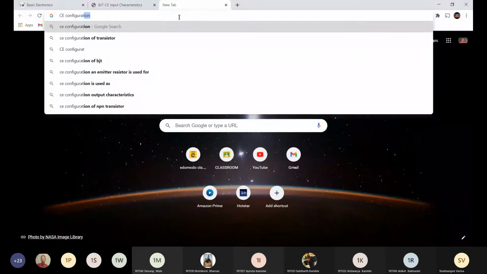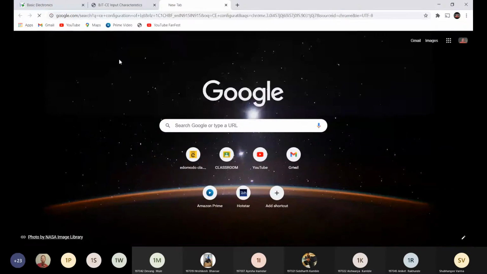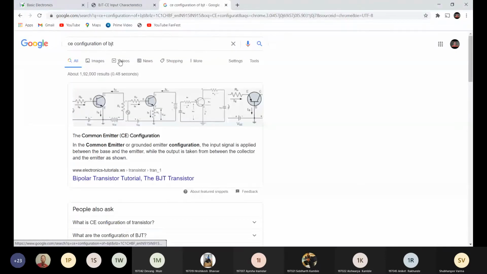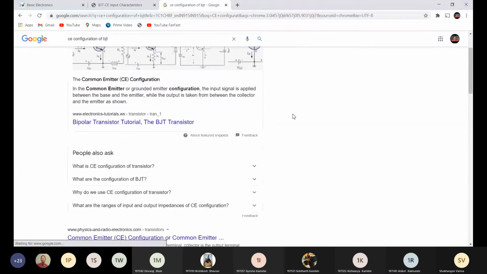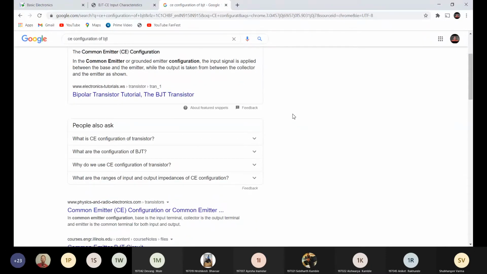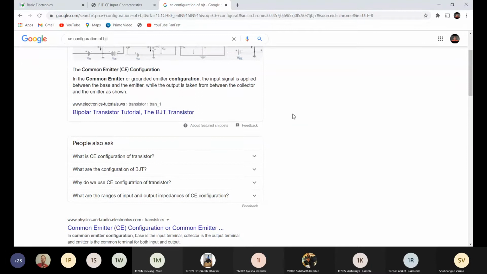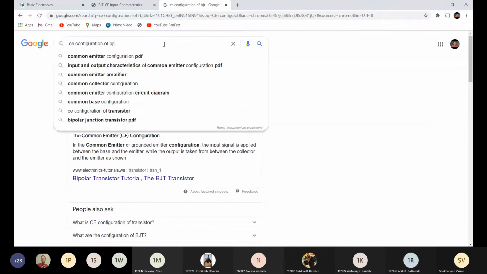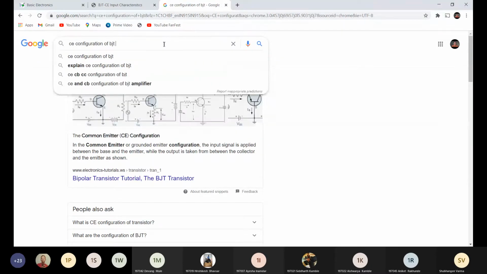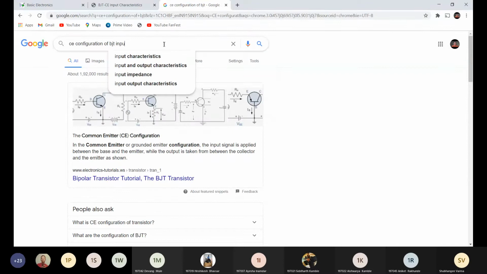The input characteristic is same as the forward characteristic of PN junction diode. So here you can see this is the input characteristic.